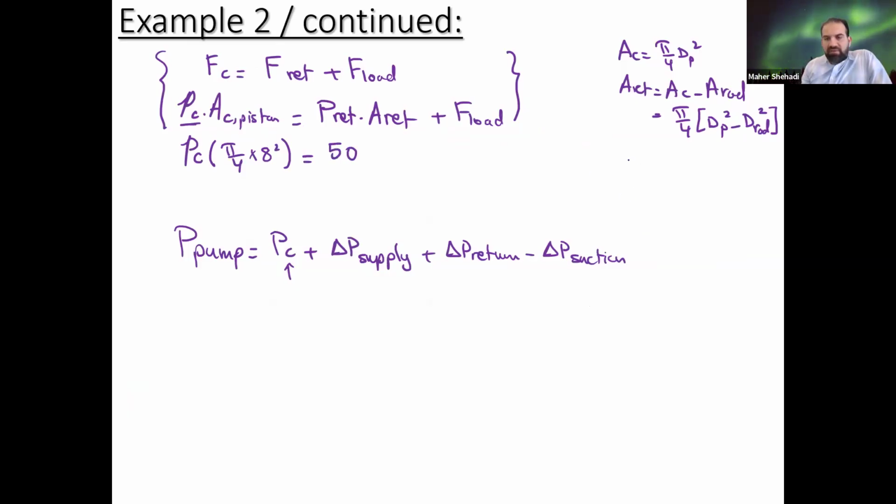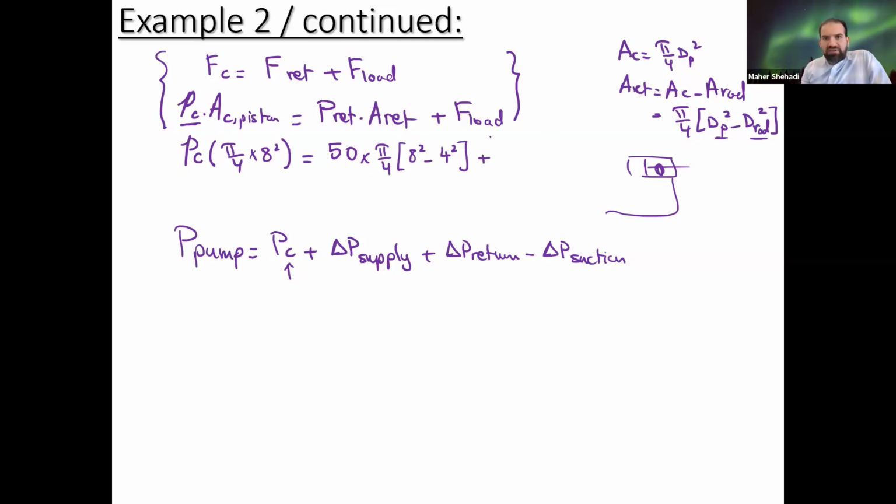This was calculated from the back side of the piston all the way back. So that would be equal to this pressure here, that's 50. And we have pi over 4, 8 square minus 4 square. So that's here, D piston minus the rod. And then